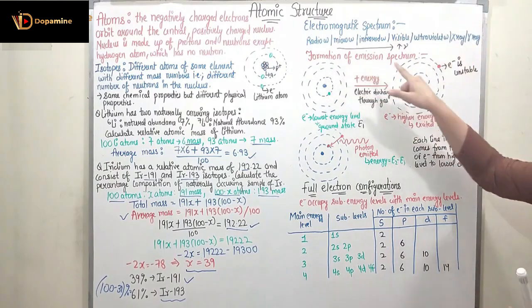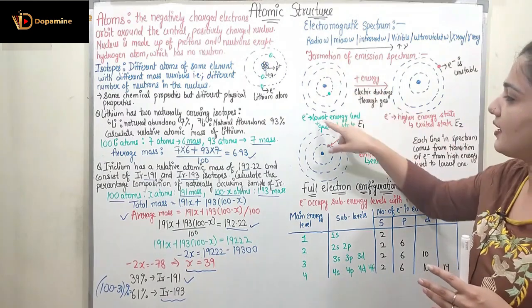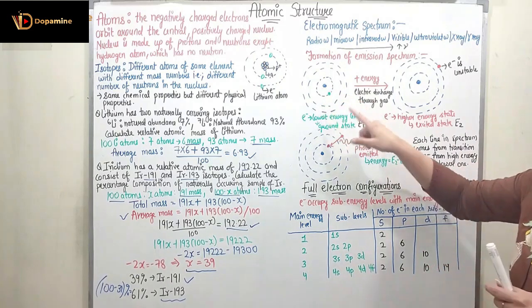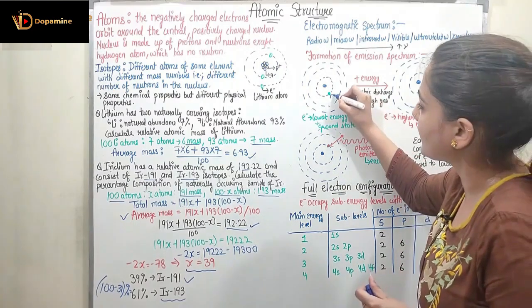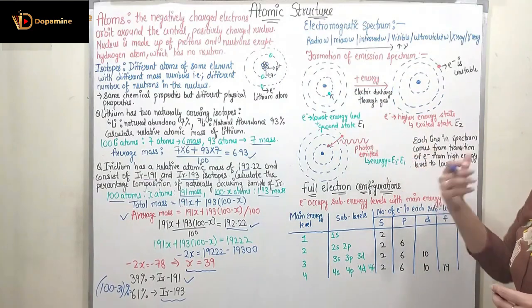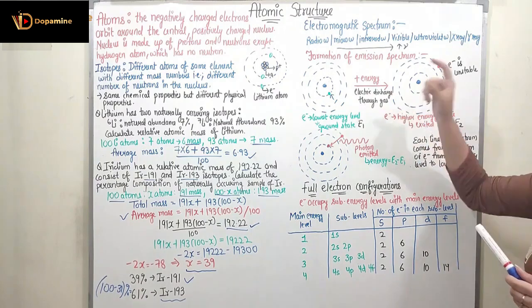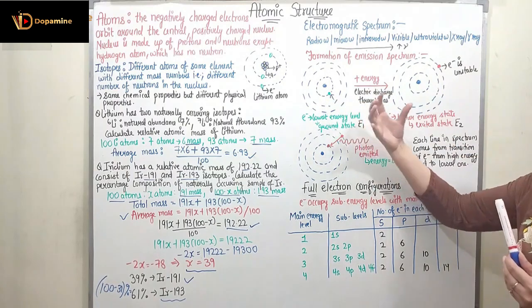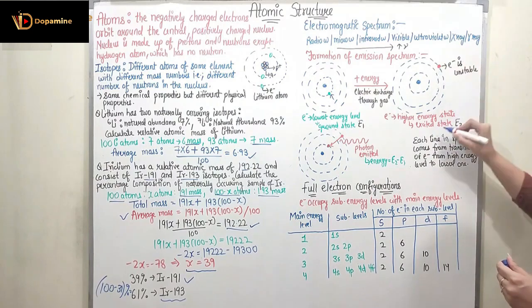So now coming to the formation of the emission spectrum, how the emission spectrum is formed. Now this is the atom in which this is the nucleus, this is the electron. Now the electron is present in the lowest energy level, which is the ground level, right? So this is the ground level over here, and this state is having the energy E1. Okay, now what I am doing, I am supplying the energy through the gas discharge, right? So when I supply the energy through the gas discharge, this electron will be having some additional energy. This additional energy will make the electron move up to the energy state E2.